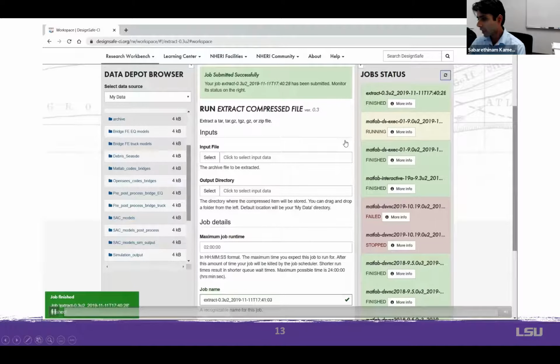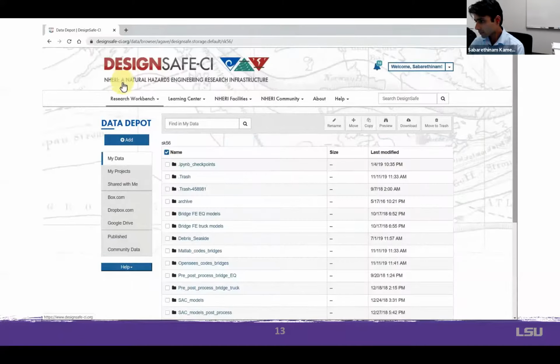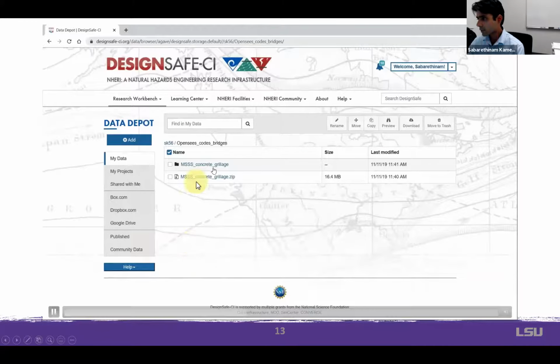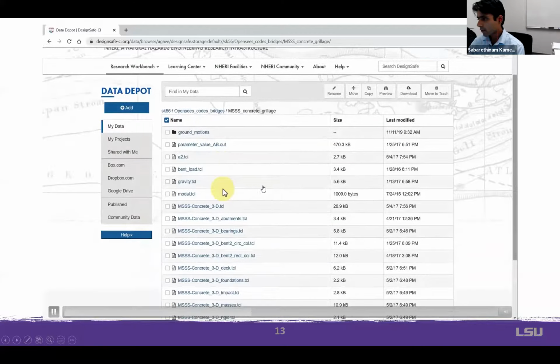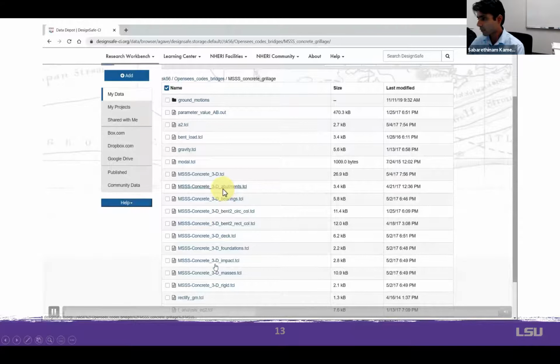So once we have the unzipping finished, we can go back to our Data Depot and look at the unzipped files. This is the unzipped folder, and here we have different files. These are all the different components of the bridge: columns, bearings. And one of the things that we have is the parameter value file.